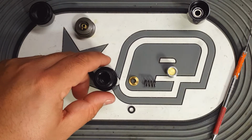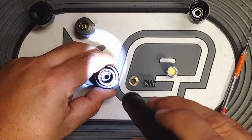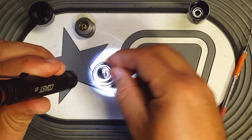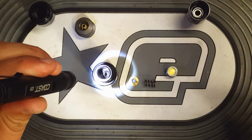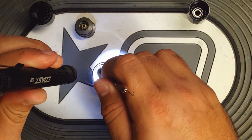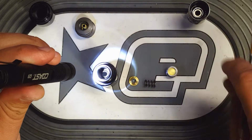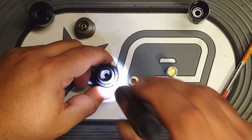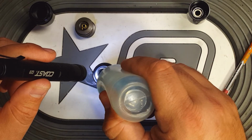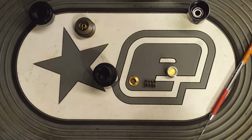There is a groove inside the reg housing, kind of down towards the bottom, that the number 8 falls into. It just goes in and sits inside that groove. It doesn't have to go into a captured groove or anything like that. So once that's in there, you put a couple drops of oil on the seal, and then you're